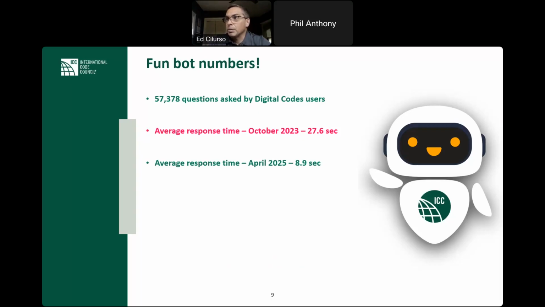As of the last time I measured response time earlier this month, we were averaging under 9 seconds to provide answers. And many times that you use it, it will be half that amount of time. It tends to take a bit longer if there are multiple parts to the questions. For very direct, very quick questions, a lot of times it can be 4 or 5 seconds to get its response authored.